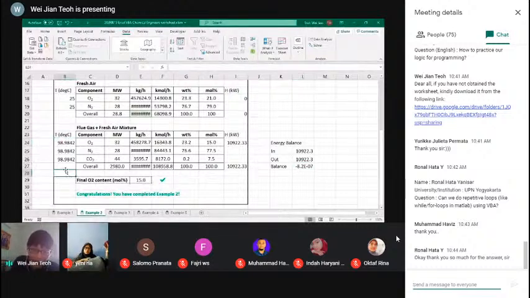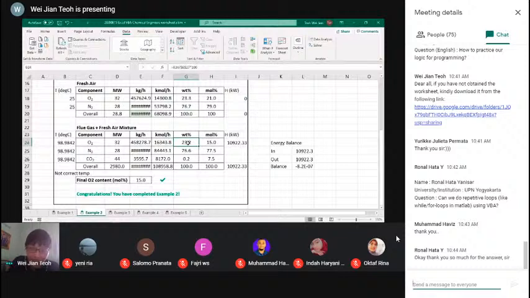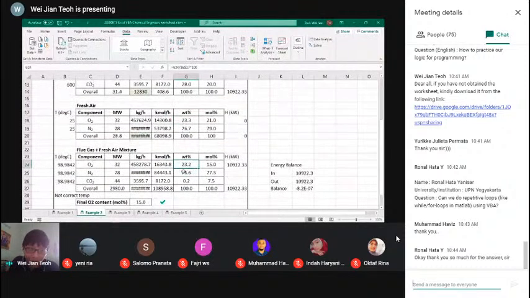So I will tell you that this is not the correct temperature because I didn't fill in the other blank. So this is not the correct temperature. Don't be too happy. Oh, 98. No, 98 is not the correct temperature. Yeah? So temperature should be somewhere around 300 to 400. The correct temperature.